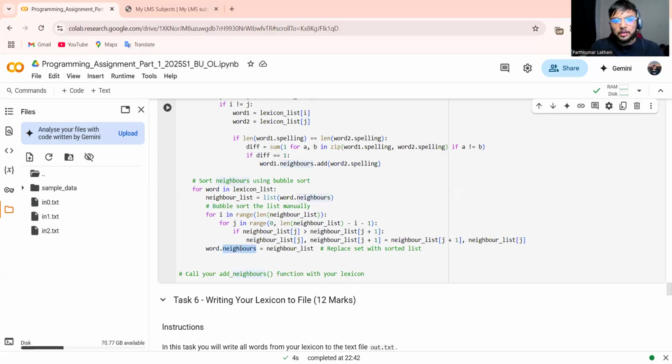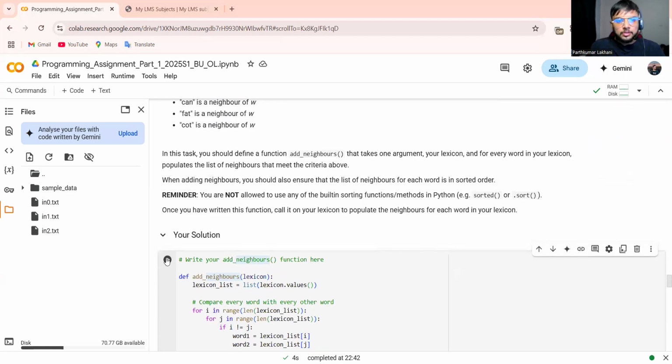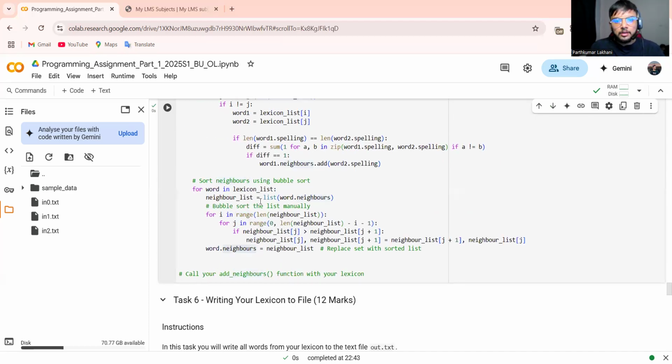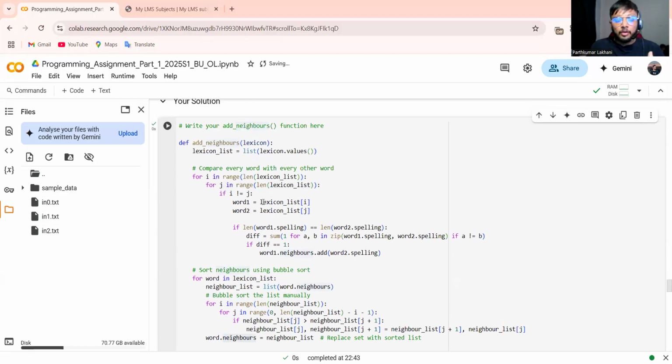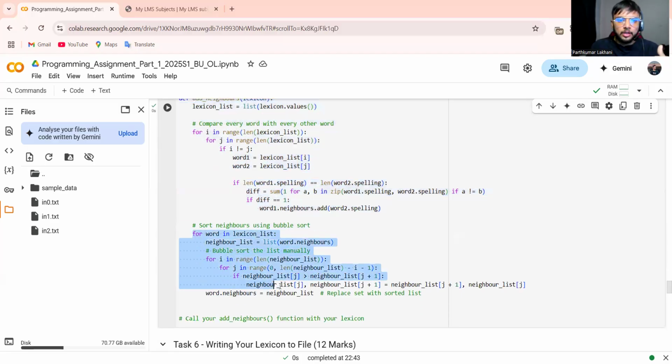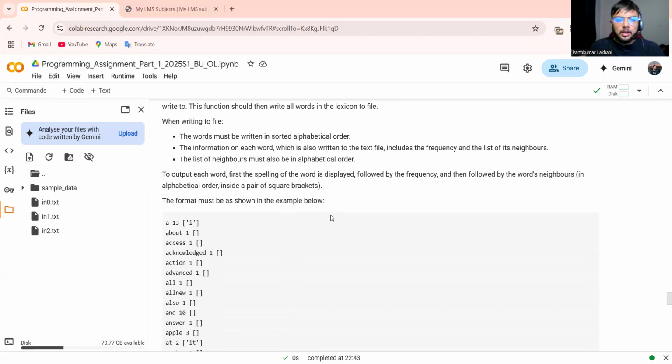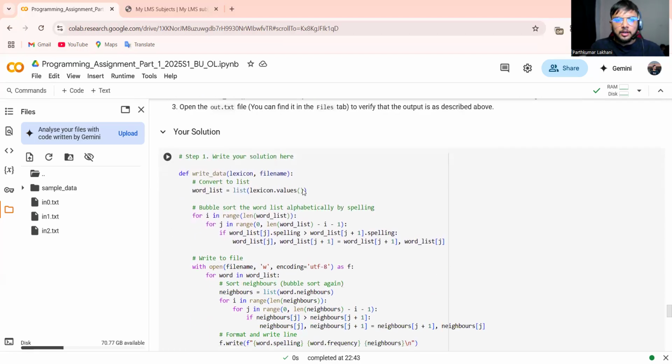Like here are the neighbors. So I just hit the run button here and it's successfully run. Our neighbor functions run successfully. This function is for add neighbors, and this is for sorting neighbors. Now I'm going to